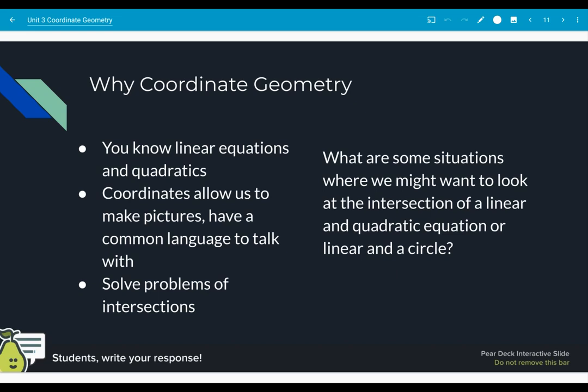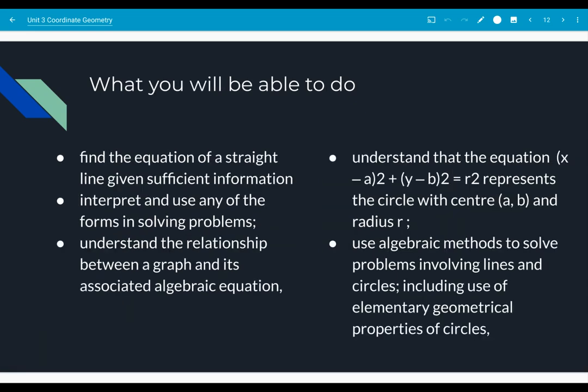So where straight lines, quadratics, circles, those kinds of things intersect. I want you to think about where some situations might be that you want to do that in the real world. At the end of this unit, you should be able to find the equation of a straight line,